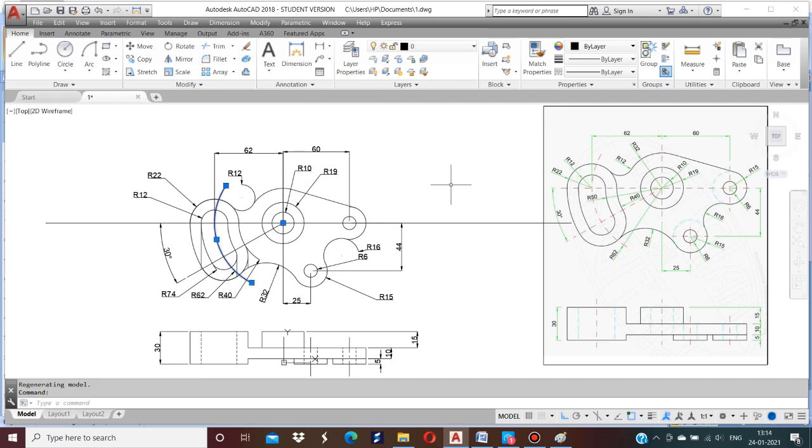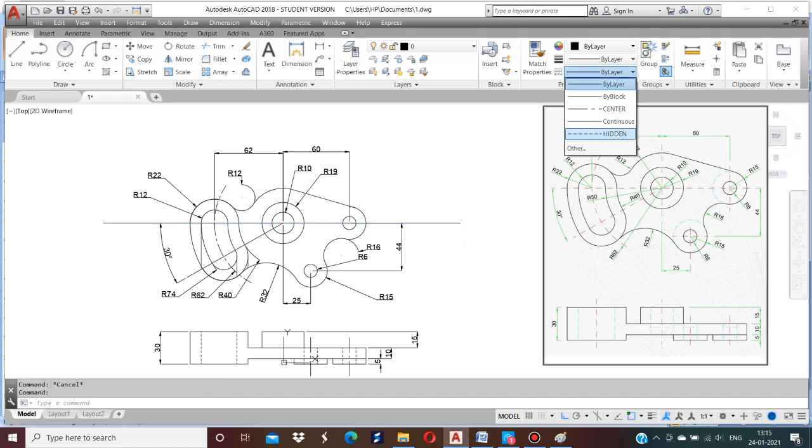Here select this arc, go for by layer, say center. Here also select this, reduce the length of center line, also reduce the length of center line. Select this line, select center.